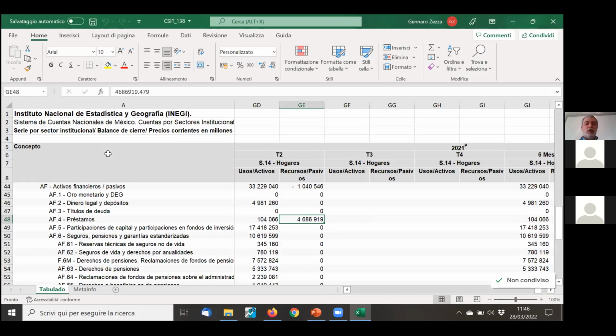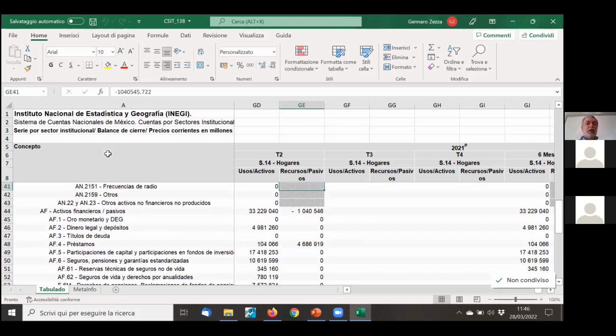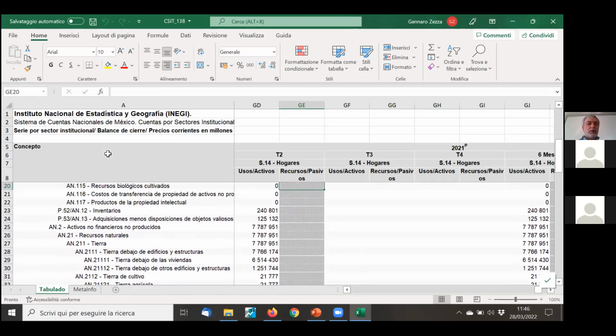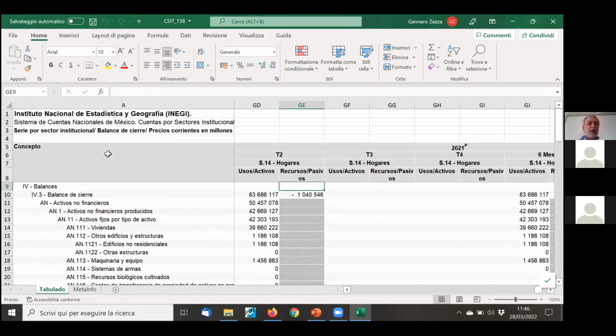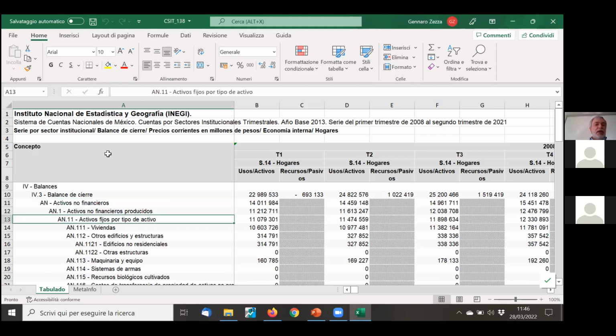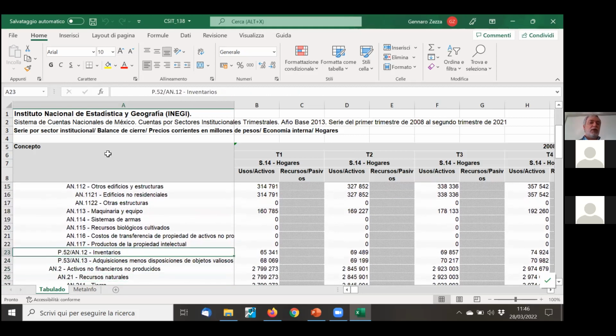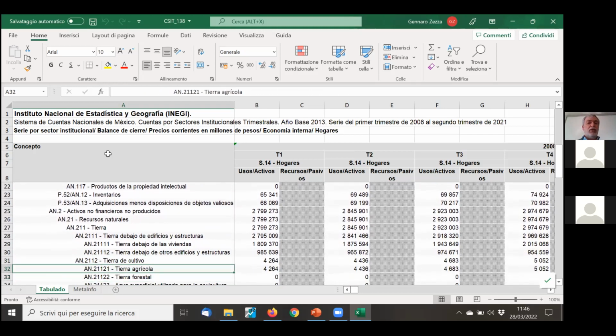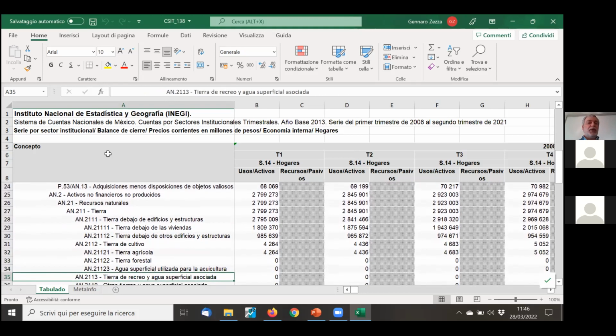but I'm not sure that we want to go through all of these in detail because it's going to take us a lot of time. Let's just check how they've organized the data. So they have the balance de cierre, the end of period stock, and they publish the non-financial assets, which are also split among housing and other types of capital. We have the stock of inventories, and they also have the natural resources, which is something that to me is